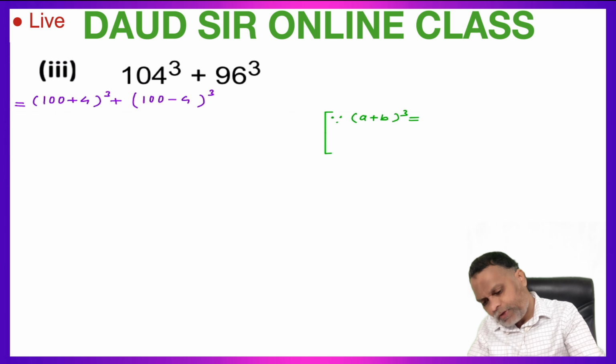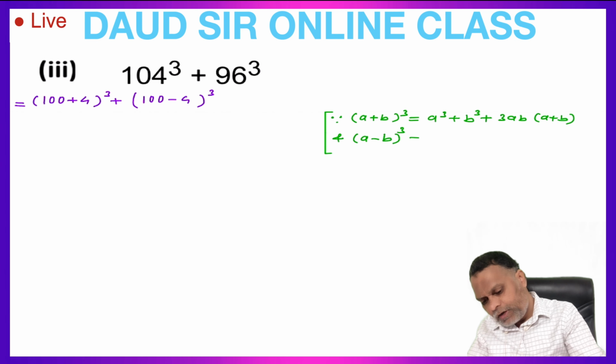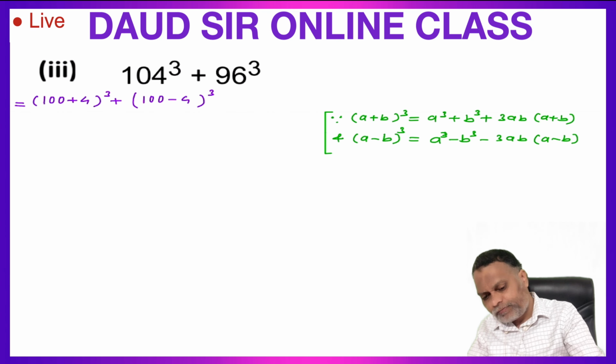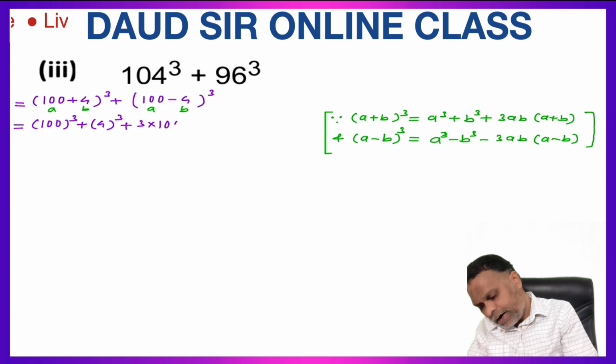A plus b whole cube is equal to a cube plus b cube plus 3ab into a plus b, and a minus b whole cube is equal to a cube minus b cube minus 3 times ab into a minus b. In the first term this is a and this is b, which is equal to a plus b whole cube, 100 cube plus 4 cube plus 3ab, 100 into 4 into 100 plus 4